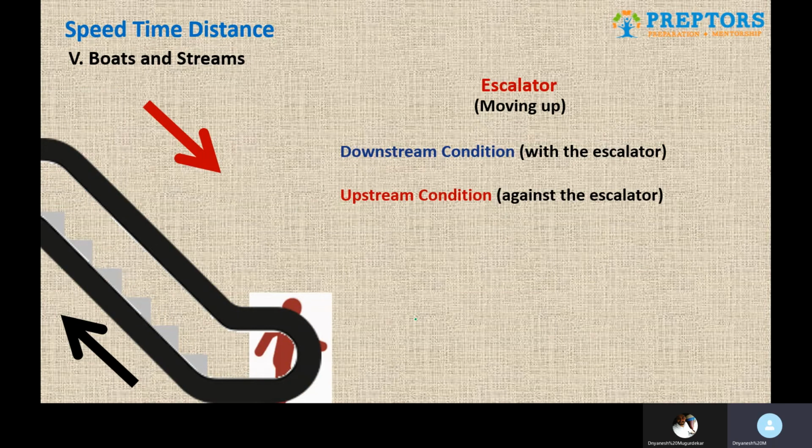So again, you should not remember anything extra as such for escalator, because you exactly know that it is the same as boats and streams. So all the ideas can be applied here with some bits of modification. So trains, boats and streams, and escalator, three are different scenarios. You should not bother or worry about remembering everything at once. You should be smart enough to figure out how to interchange between the topics using the main ideas.